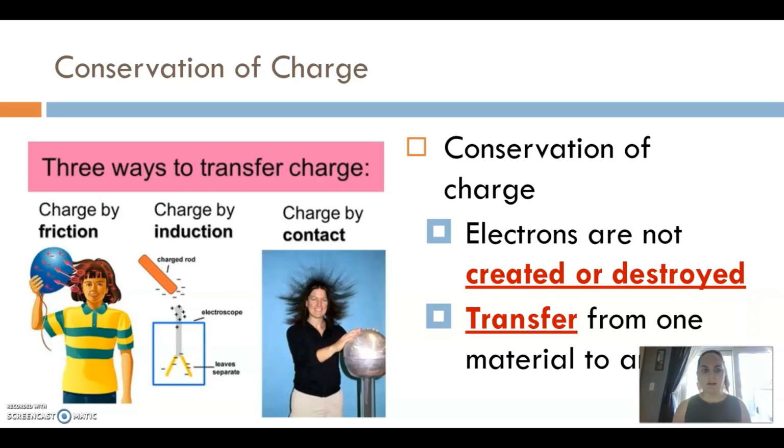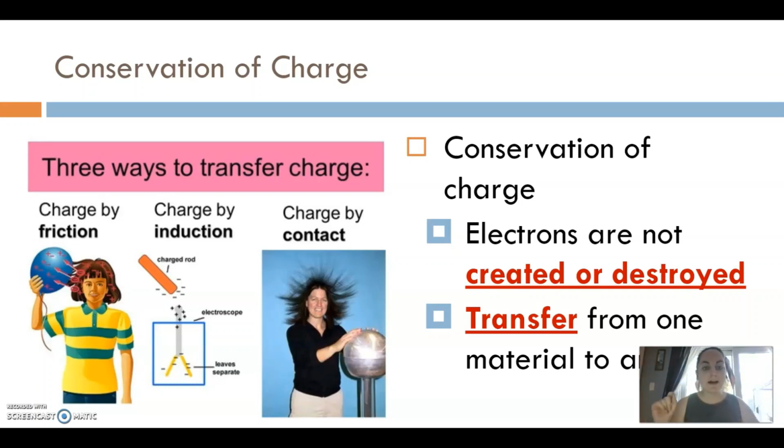So a good example of charging things by friction: if you were to take a balloon and start rubbing it against your hair really, really fast, you're going to move electrons from your hair to the balloon. And so what's going to happen is your hair is going to start to stand up. Again, so you have actually charged your hair by, sorry, by friction. And so we can also charge things by contact. If we were to have a metal orb and we were to charge that object, then the electrons are going to flow, again causing your hair to stand up.